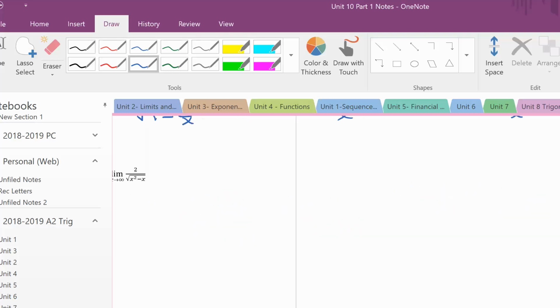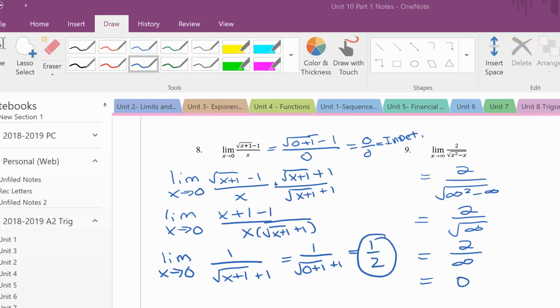Now moving to the next ones, 8 and 9. Because 8 and 9 are similar to what we've done before, why don't you give it a try and then pause the video and then come back and see how you did. All right, so welcome back. So now if you look at the first one, number 8, when you put in 0, it becomes indeterminate. So therefore, you have to do some algebra, multiply by the conjugate, and you should get that the answer is